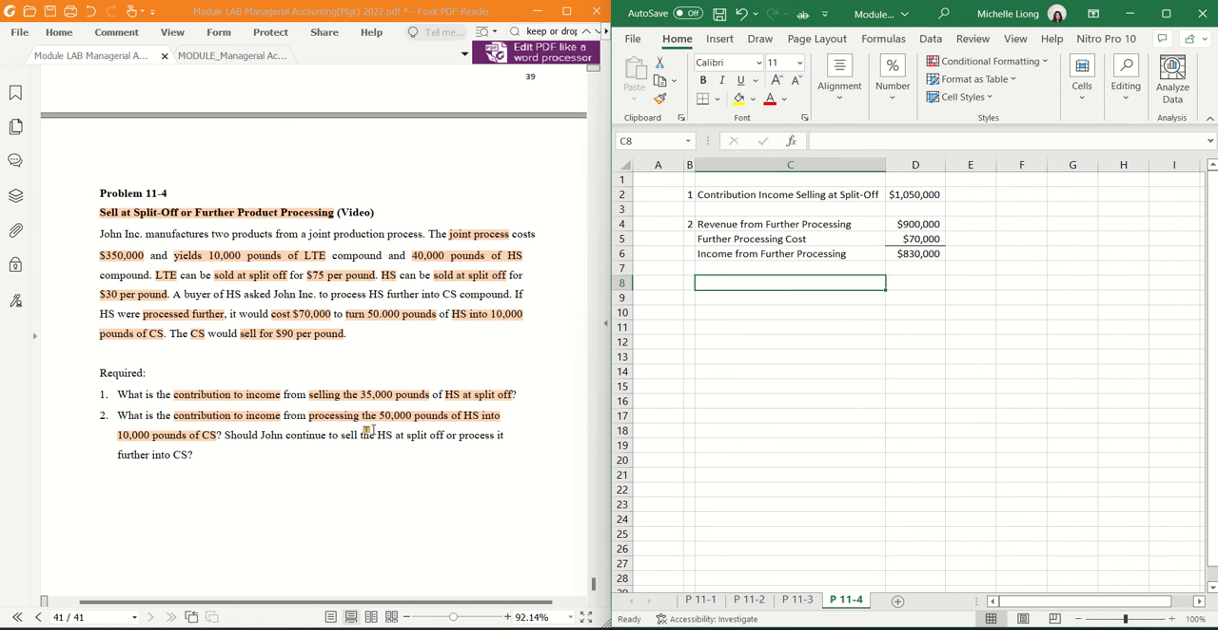So should John continue to sell or process? We can say that John Inc. should sell HS at split off because it generates more income by, okay, let's calculate it, by $220. Which we got from,